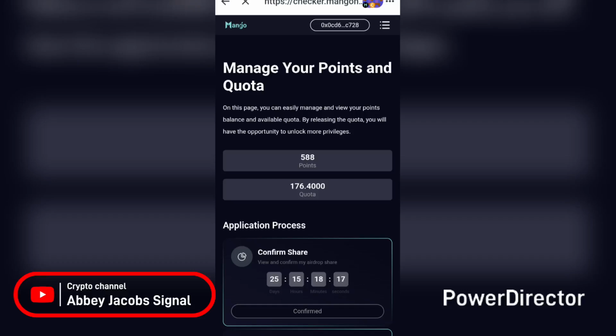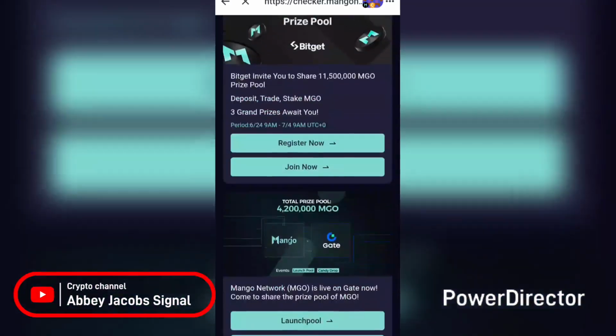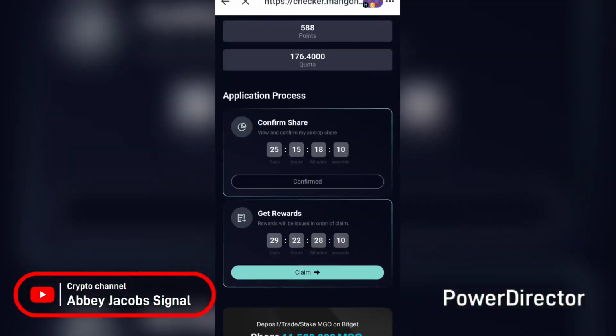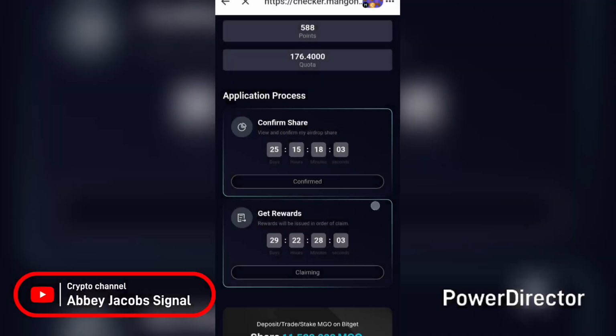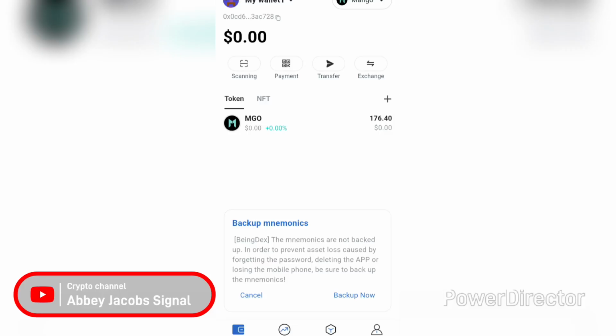So right here guys, as you guys can see, I have my quota, which are my tokens allocation, and right here the claim option has opened. So right now I'm going to click on claim, and I'm going to click on confirm. And as you guys can see right here, my tokens has been claimed. So this is it right here. The tokens has been transferred to my Mango Mainnet wallet. I have about 176.40 tokens. So right here, the next thing I'm going to do is to send this to an exchange for